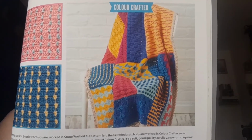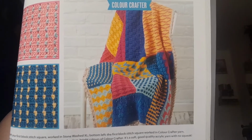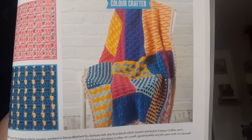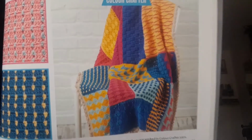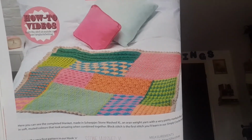So they've used Scapier's Stonewash XL, which is 70% cotton, 30% acrylic, 50 grams, 75 meters, and 4 balls. A 5.5mm hook has also been used. So the other picture, that should be what it looks like at the end, those 2 colours that I showed you. There is a chart that goes with it as well. That's an interview with the designer again, advert,